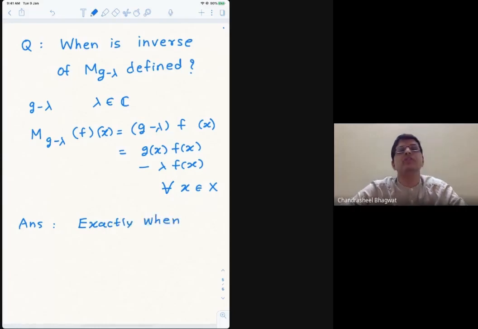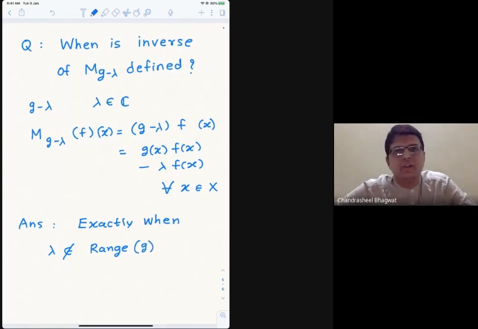So when can you invert g(x) minus lambda? Exactly when g(x) minus lambda is non-zero. If it is 0, you can't invert. If it's non-zero, you can invert as a number. And hence, the answer to this question is exactly when lambda is not in the range of g. So range is the set of all values which are taken, and if lambda is not in the range, then you can invert g(x) minus lambda at every point and hence as a function. So this is a very simple-minded question and simple-minded answer, but this gets very closely related to the spectral theory. That's what we're going to see now.